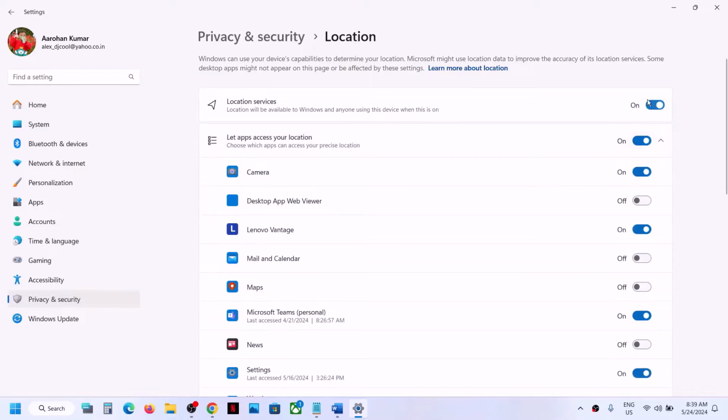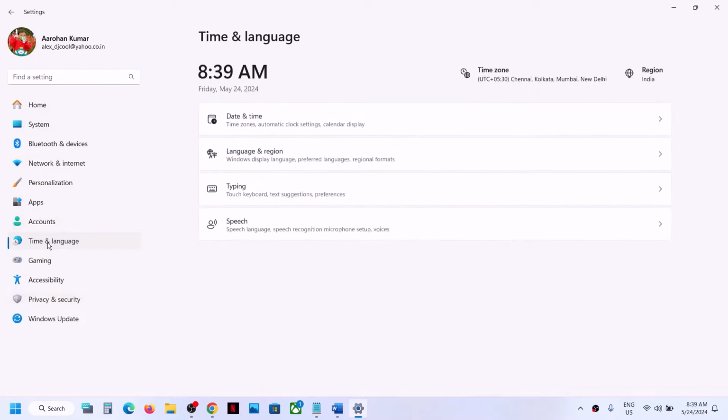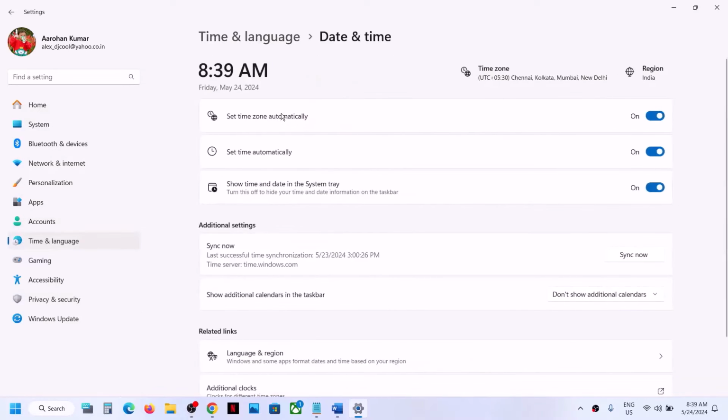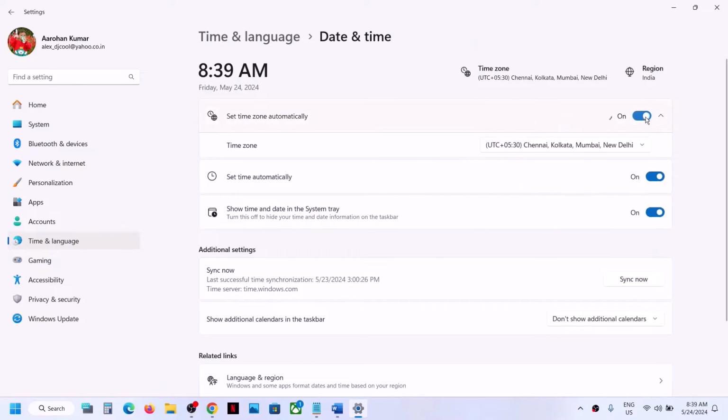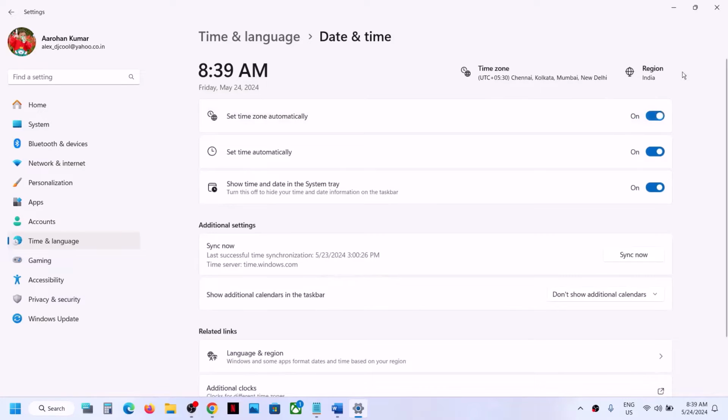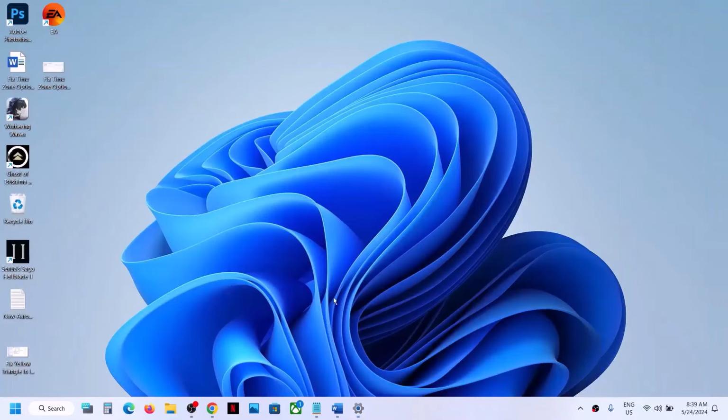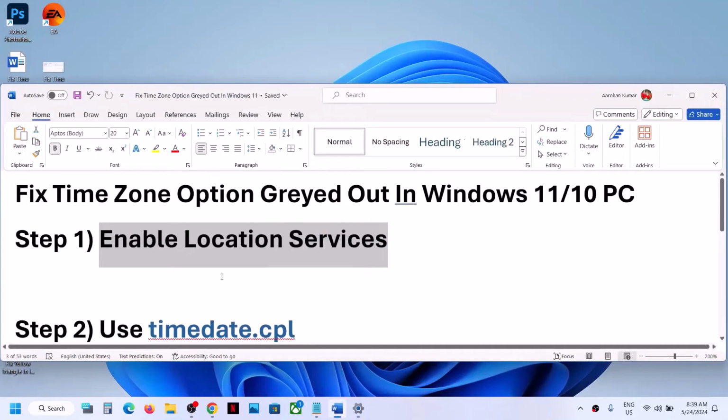Once you turn it on, you can go to Time and language, Date and time, and then you can check that Set time zone automatically should be on. If you turn it off, you can change it manually. You can turn it on. This should not be grayed out anymore. Now, if it's still not working,